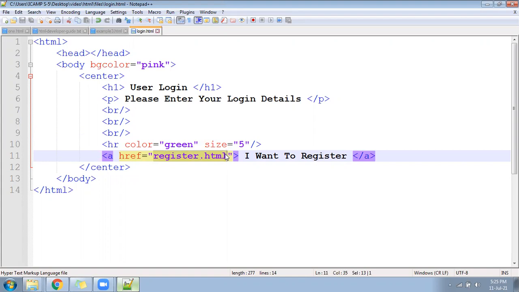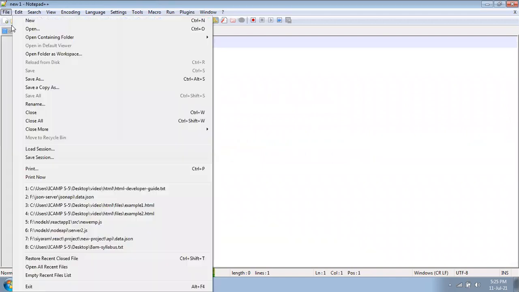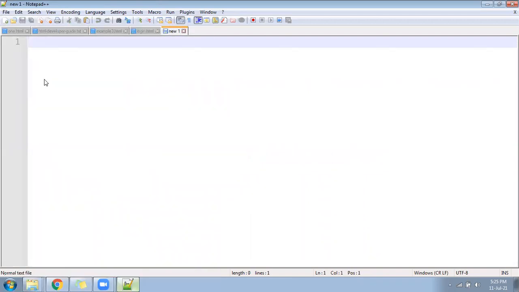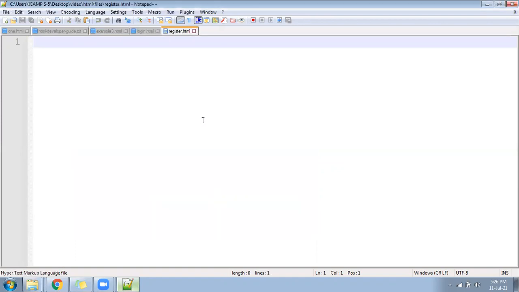Okay. So let's create the next file called register.html. Hope you are creating the file in the same folder. Next, I'll create the file register.html. register.html should be within the same folder. Okay.